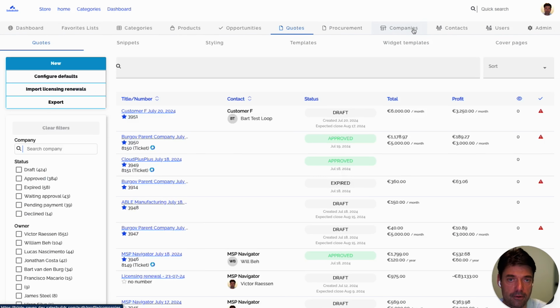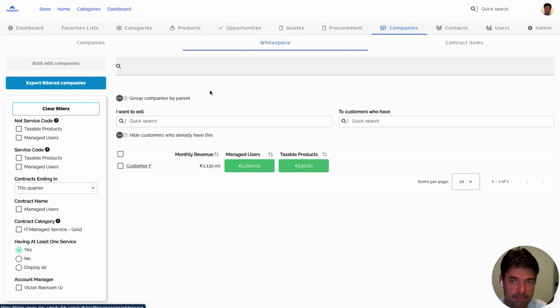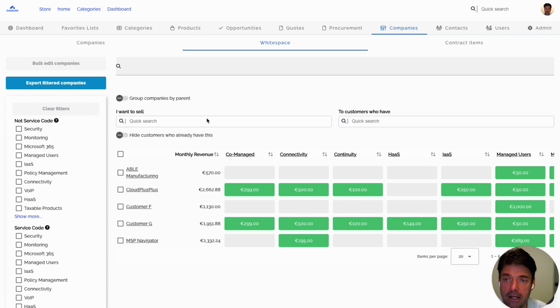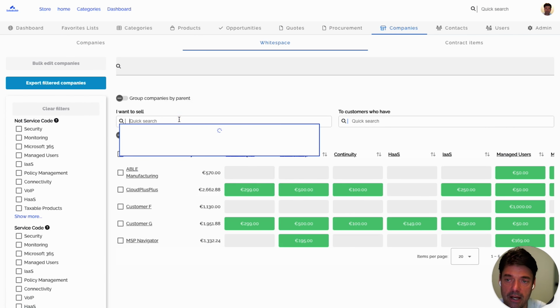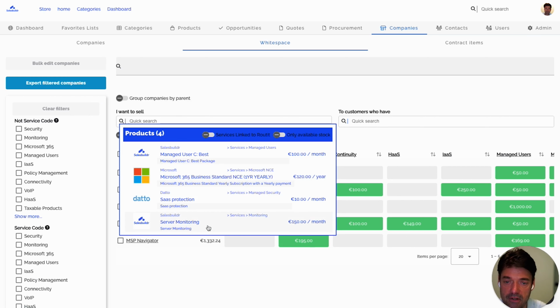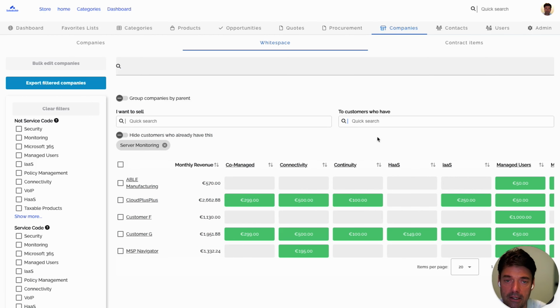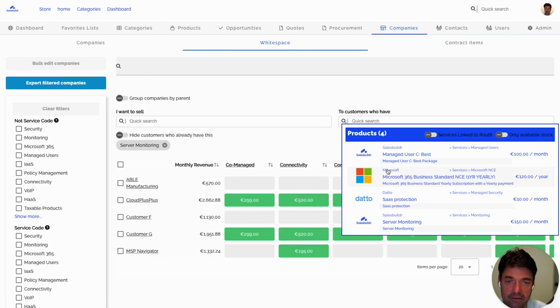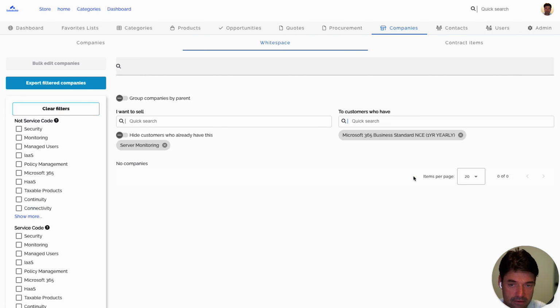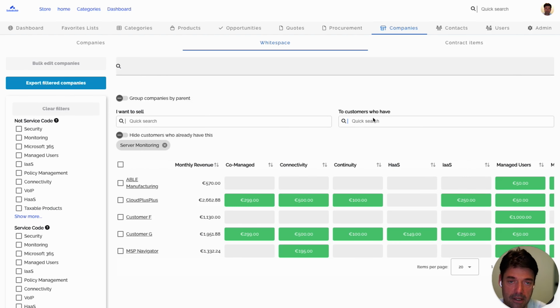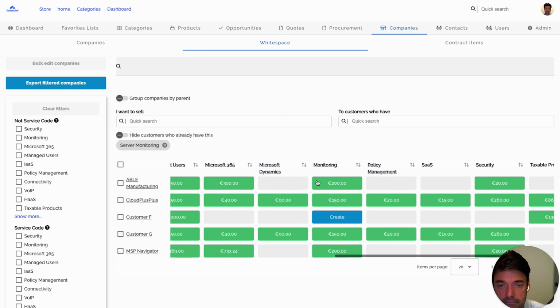What else for the white space? You can also group companies by parent company, and you can also deep dive to say, I want to sell, and then pick a specific service. And then you can say to customers who have Microsoft 365, for example. This is a bad example because there's no one, but you can create segments. So show me the customers that do not have server monitoring, that's under monitoring,